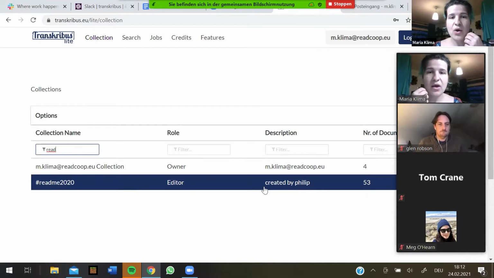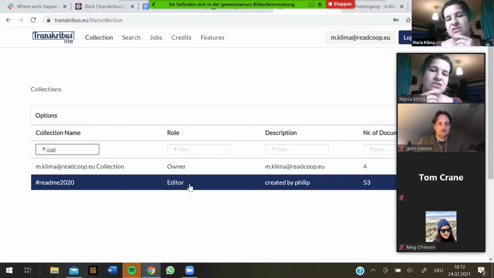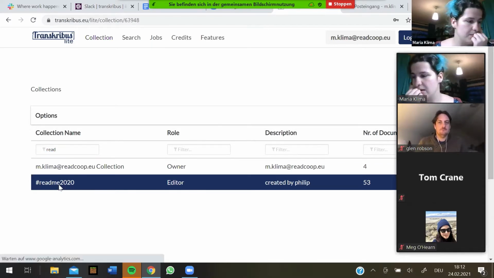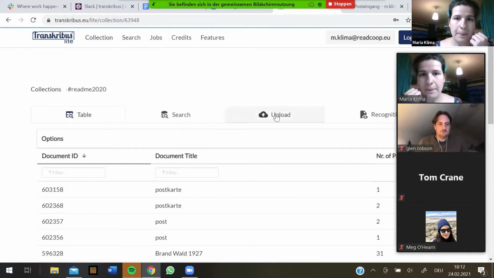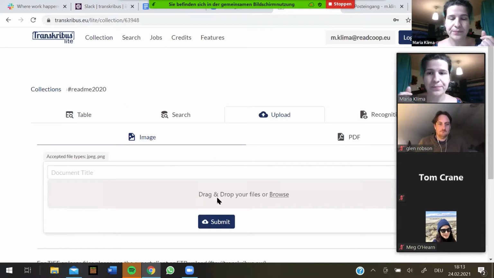And as you can see, you can manage your roles and the access to the collection. So here, I'm the owner from this one, and I'm just an editor for that one. You can add as many editors as you want, basically. The upload is also easy. You can drag and drop your files here, either just the pictures themselves or whole